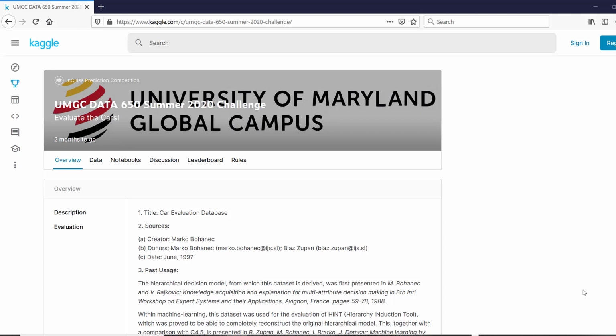As you see here, there is a sign in button that you would have to click and create an account for yourself. A couple of things to make a note of. One, you're not going to share this email with anybody outside your class. You're also going to create a login account that clearly mentions your name, so your first name, your last name.